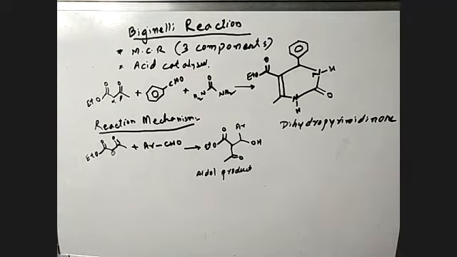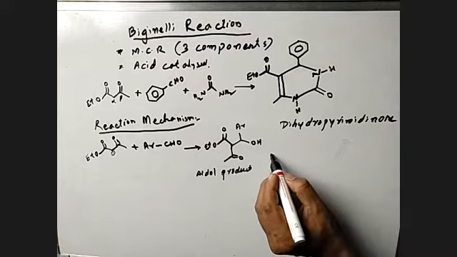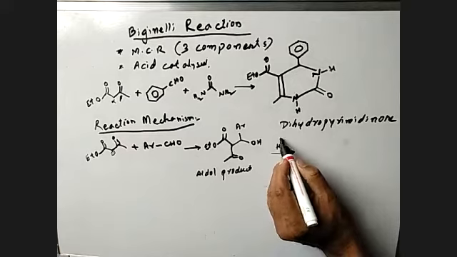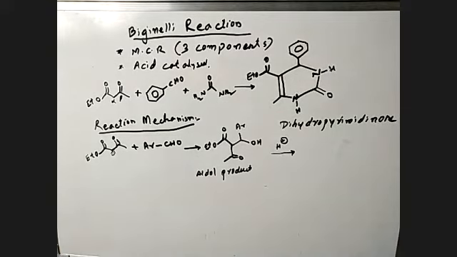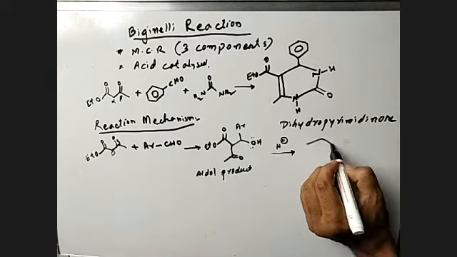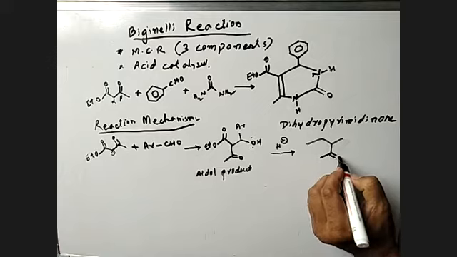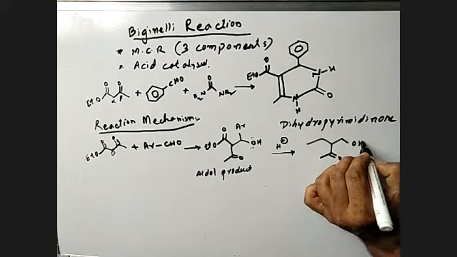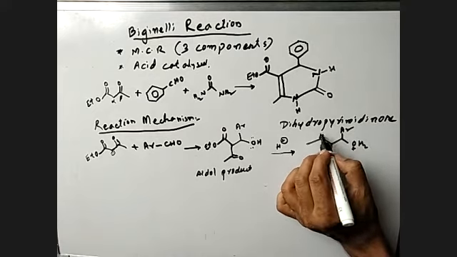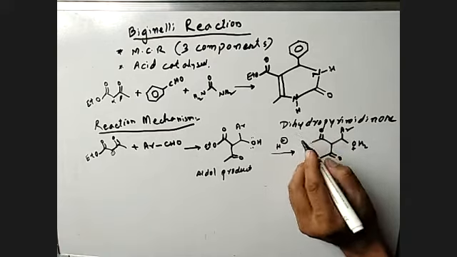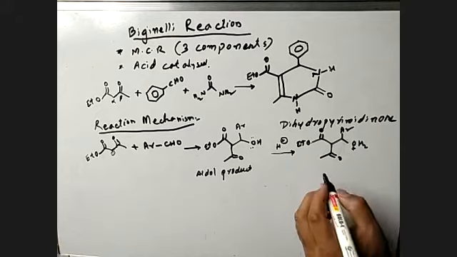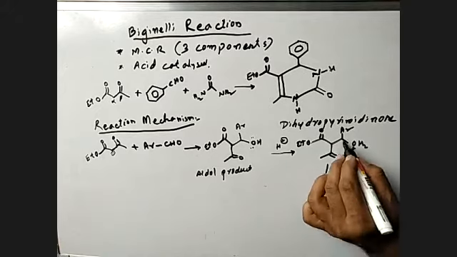Now, once we have the aldol product, the aldol is attacked by the acid. We are using H plus ion. This H plus is taken by this OH. So we can write like this, OH2 positive charge, aromatic ring here, and this is the ester. Right? Yes. Now there is a loss of water.